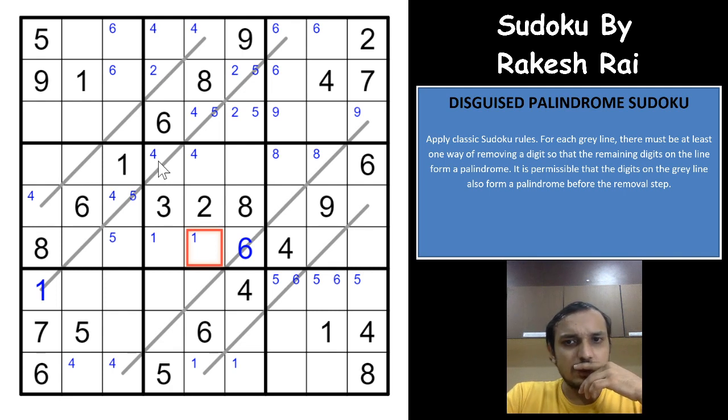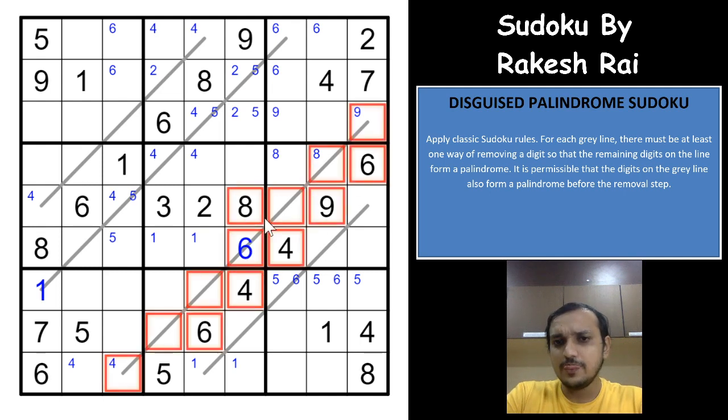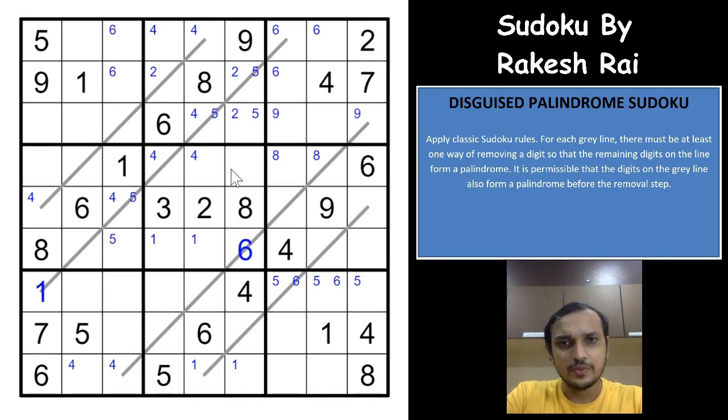But what I see now here is, as I said, the idea behind the disguised palindrome thing. If you see here, you have 7 cells here and 6 is already placed in the middle cell, right? Is there any possibility of having 6 anywhere else on the line? Not possible. So with 6 in the middle, you just have to look out for 6's in the adjacent cells, but there is no other possibility of a 6 on the adjacent cells, which means that this cell would have to be the disguised cell. This is the disguised cell on the palindrome, right? So this cell would have to be removed on this palindrome line.